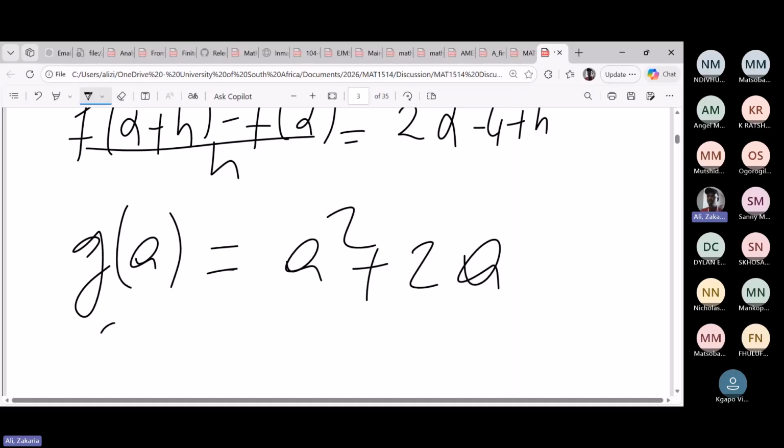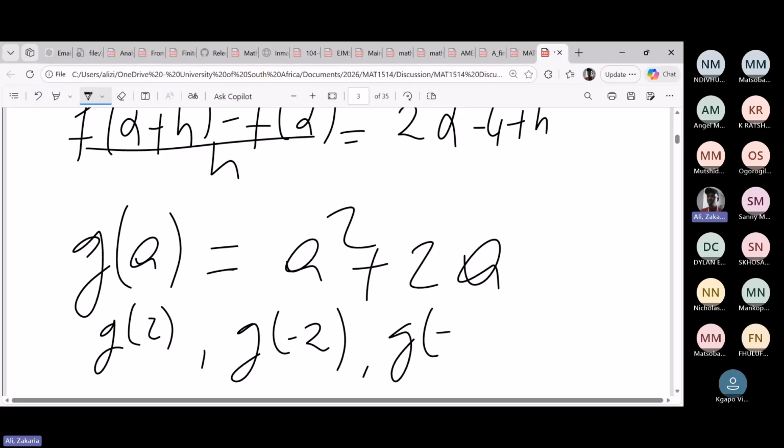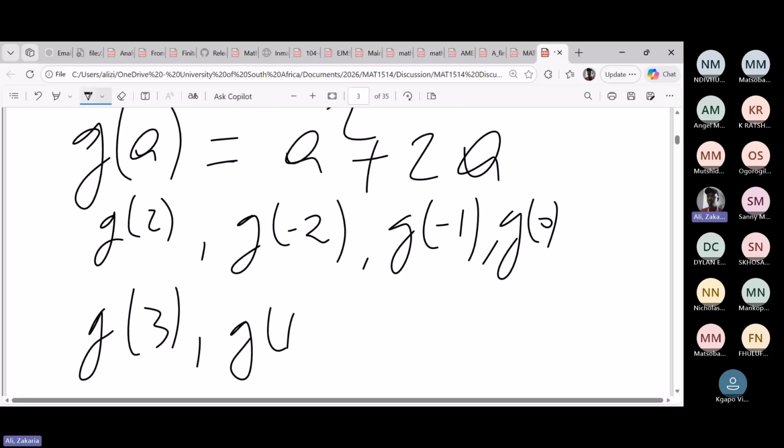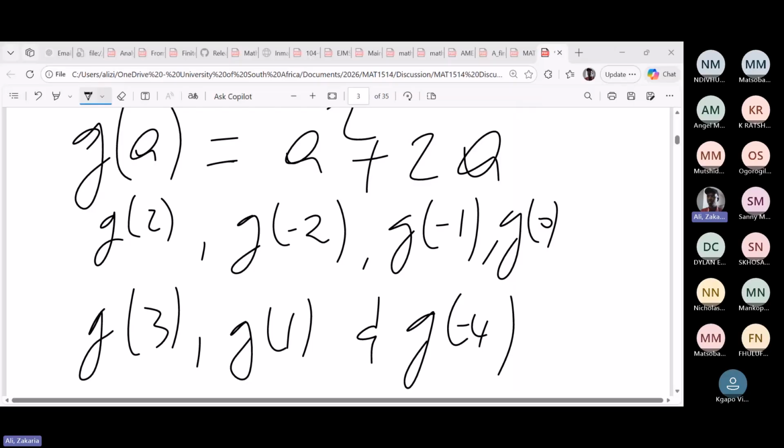So for homework, I'm going to say evaluate g of 2, evaluate g of minus 2, evaluate g of minus 1, evaluate g of 0, and so on. You can also evaluate g of 3 and g of 4. Evaluate g of 1, and the last one is you evaluate g of 4, or g of minus 4 in fact. So you can see that is